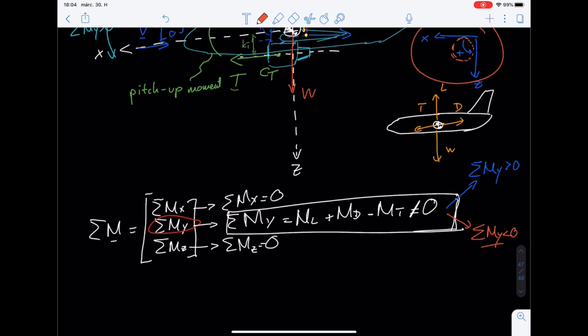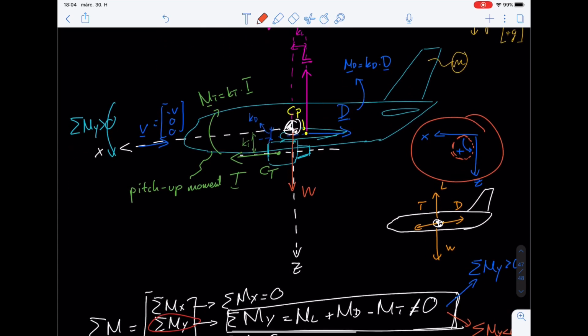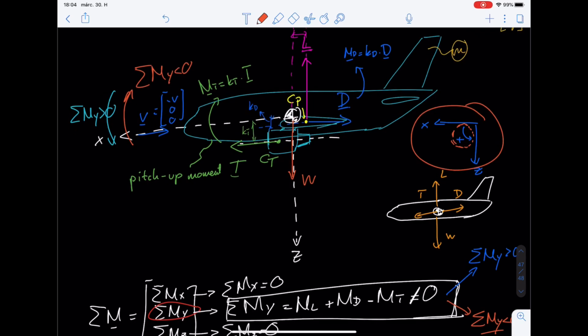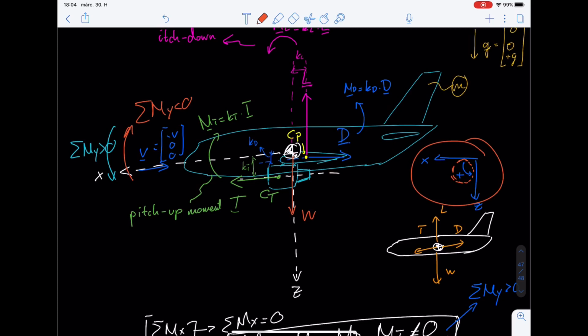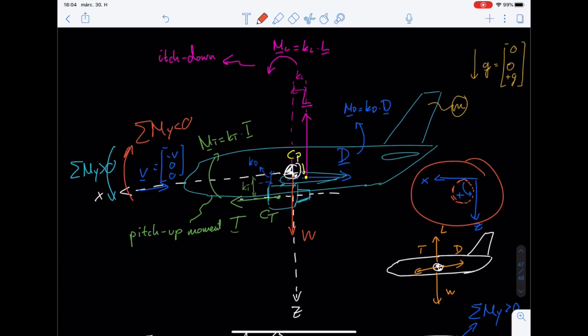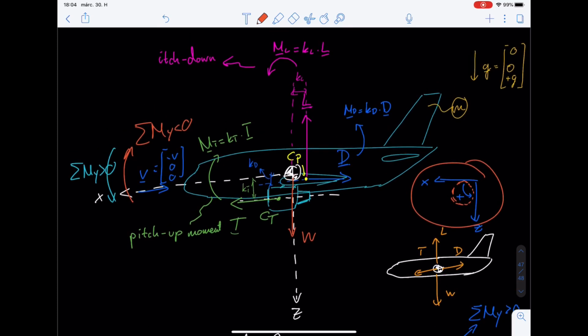Okay, so if it's a negative one, in that case, it is going to be a pitch up one. Okay, so because I think in, if I recall correctly, in stability it's quite the other way around, but it doesn't matter,